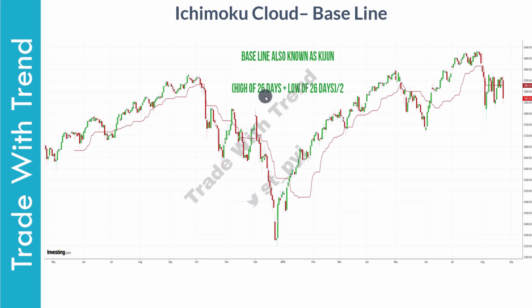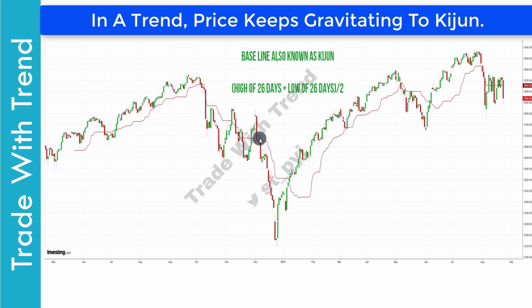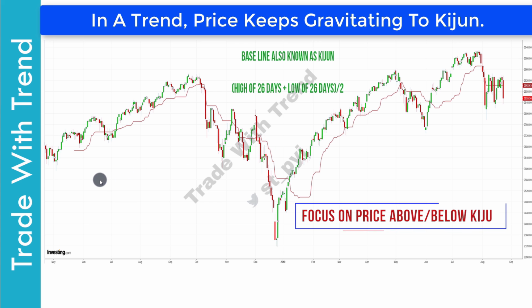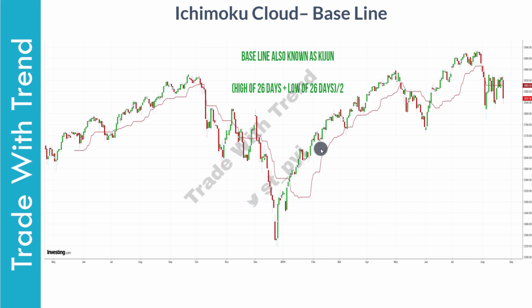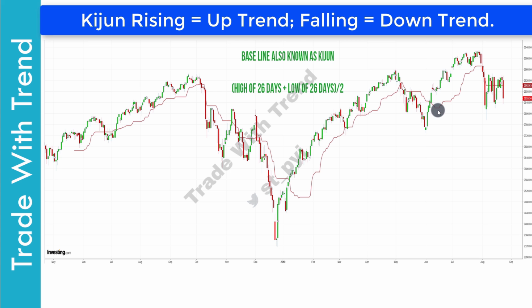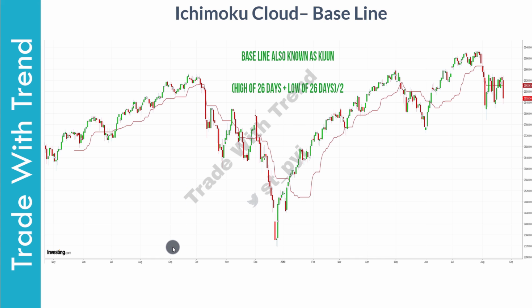When you plot Kijun on the chart, more often than not, it will act as a point of balance which attracts price towards it. When price is above Kijun, it is considered bullish, and when it is below Kijun, trend is considered bearish. Do note that when Kijun is rising, this denotes trend is up, and when Kijun is falling, this denotes trend is down. There are also periods when Kijun is flat, and that represents consolidation in price. Kijun also acts as support and resistance for price, and this is evident in the chart that I have posted in front of you, where price takes support and resistance multiple times around this.